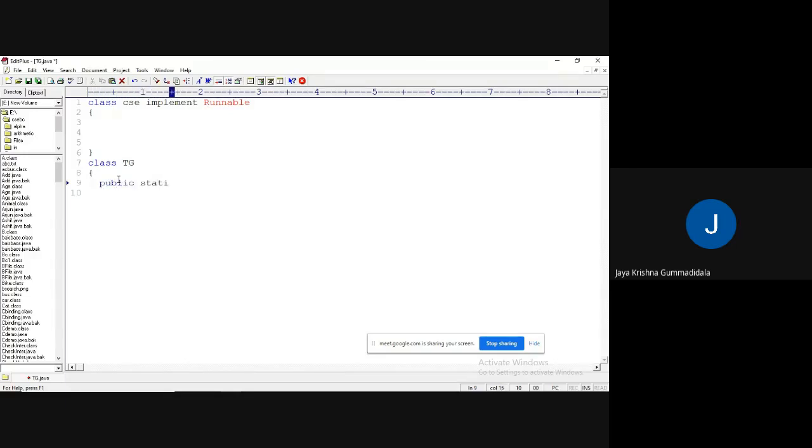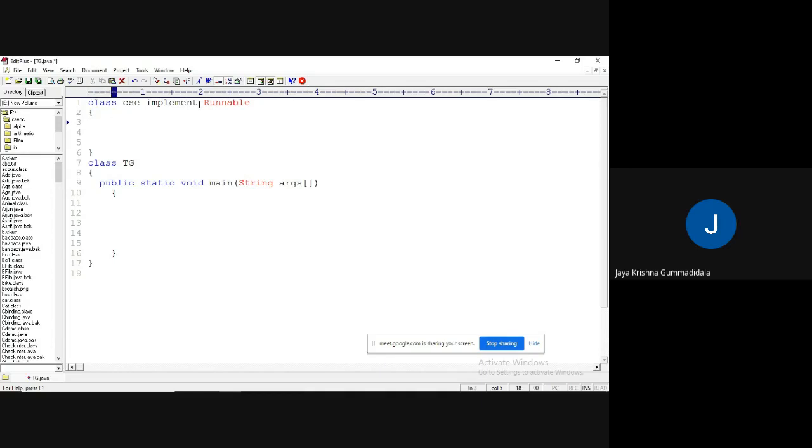Public static void main. Make sure this is understood clearly. What is the functionality of this CSC class? The functionality of the CSC class is to create threads.